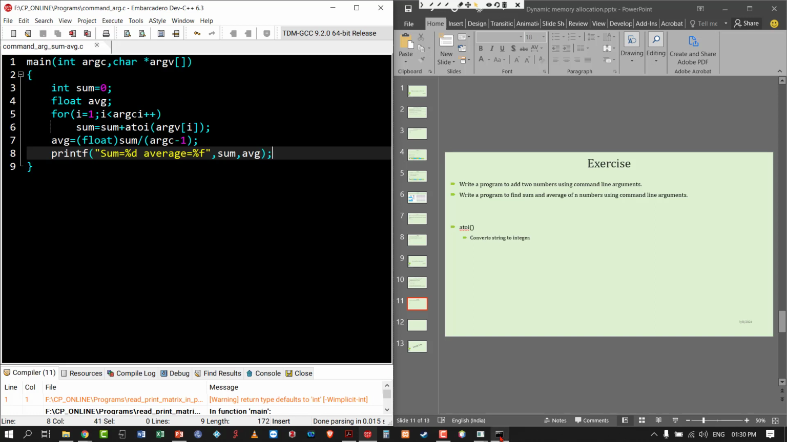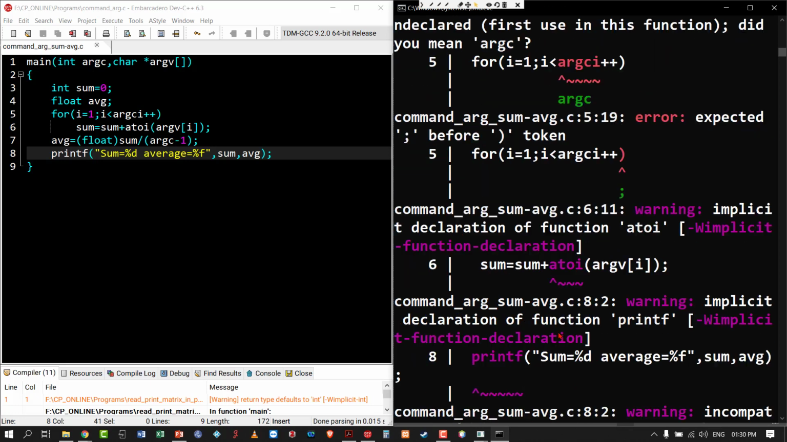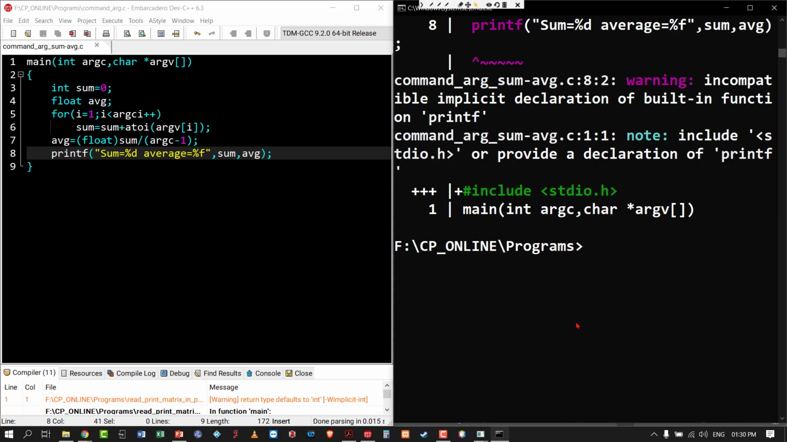I'm executing the program through the command line: gcc command line sum average dot c. There is no error. So I'm executing the program. For executing, I have to give a dot out because the previously compiled program always has the name a. I'm giving some numbers 1, 2, 3, 4, 5. Here, how many arguments are there? argc will be